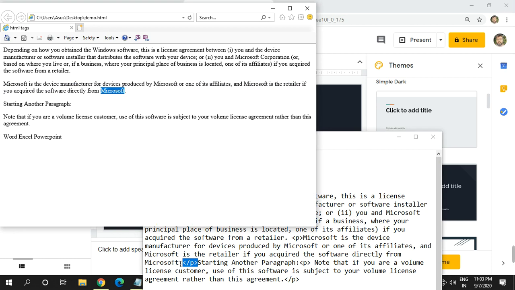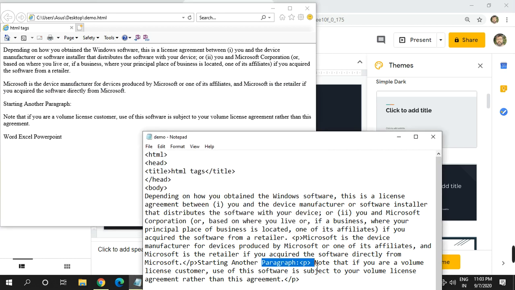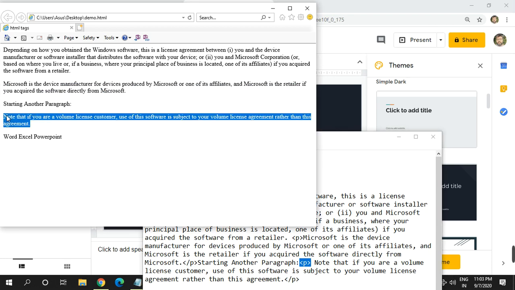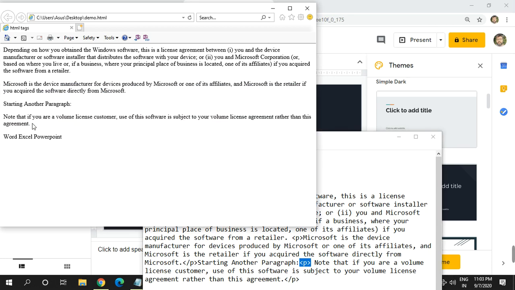And now we are starting a new paragraph from Note. From the Note we start a new paragraph, and the paragraph ends at agreement.